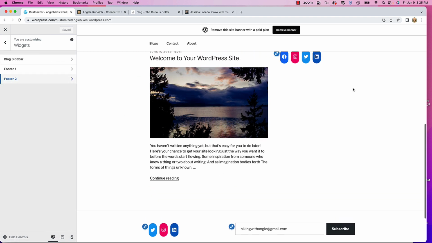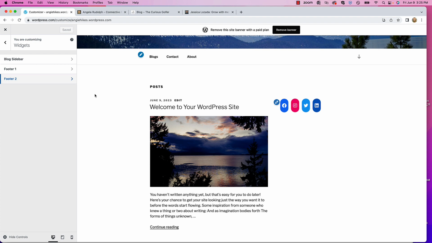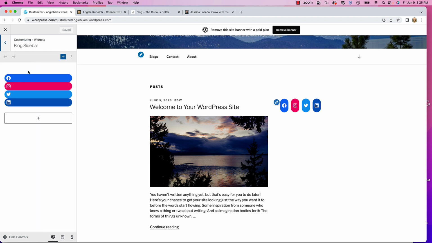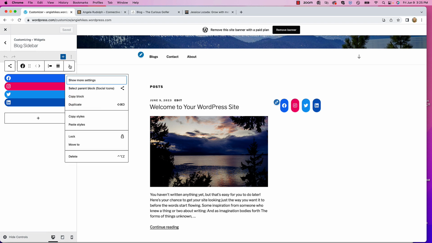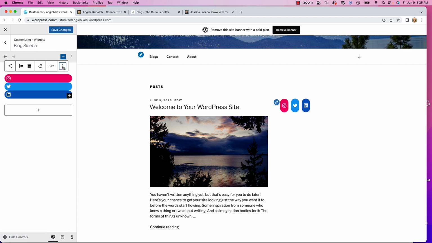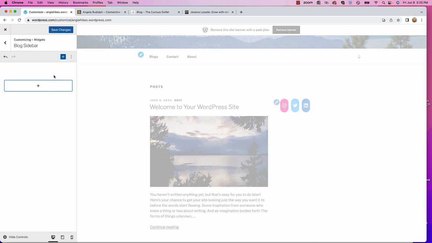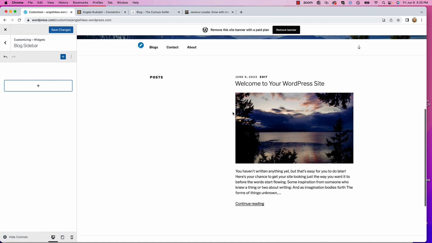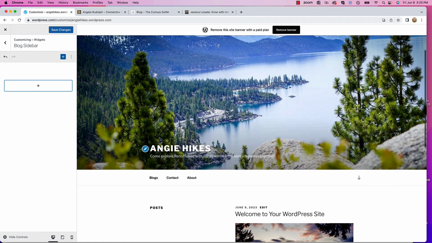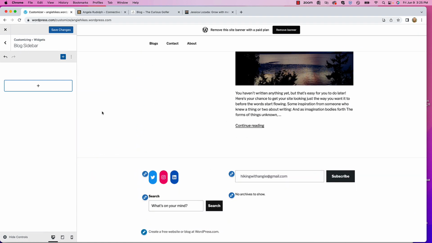And the last place that we want to update is over here on our right-hand side. So let's go to our blog sidebar. We can see that the social icons are already there. We don't really like that, so we're actually going to hit the options button and we're going to delete. And we can keep going, delete all those. Perfect. So now we've got our posts and we have all of the customization that we did here, but now